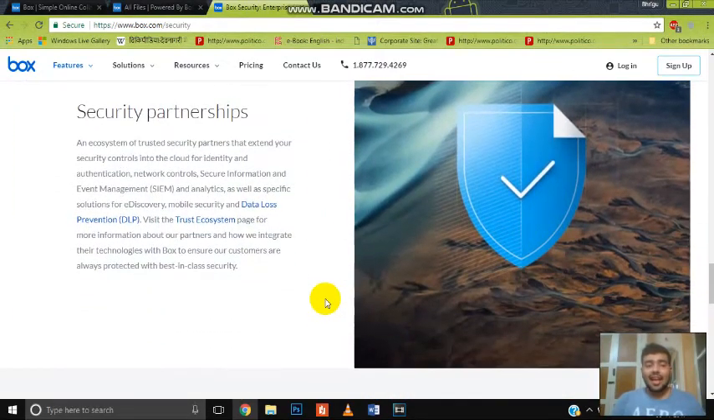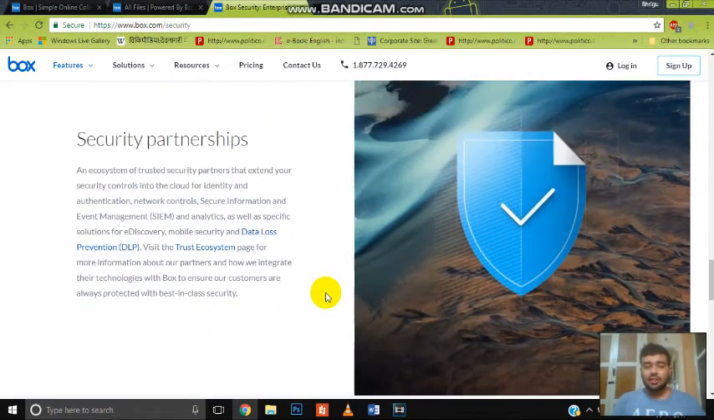Okay, the last thing on the side under security, as you can see, is security partnerships. They say that they're not doing security only in-house; they've also collaborated with third-party companies that specialize in security to provide a guarantee to their customers that their data won't go anywhere. And they have event management and analytics, as well as specific solutions for e-discovery, mobile security, and data loss prevention, to ensure that the data of the client doesn't go